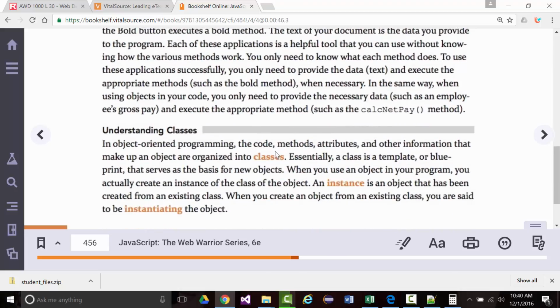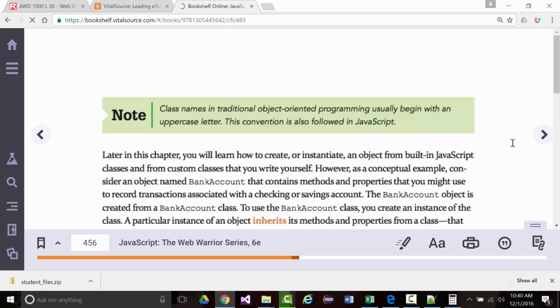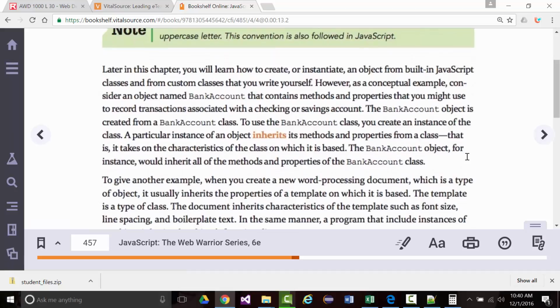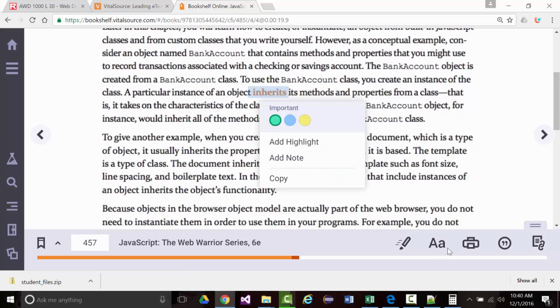All right, then they give you some other examples, that's fine. Then they talk about what an object or what a class is, or what an instance is, and what instantiation is. I already mentioned that to you. One other thing that's important with this is the concept of what's called inheritance. What we're going to go over next week, and I don't know when, but we're going to go over it sometime next week, is, okay,